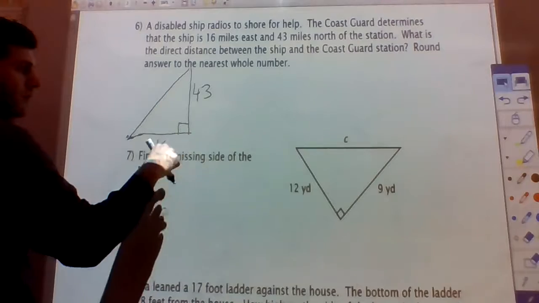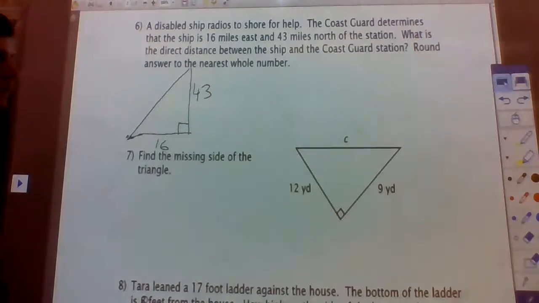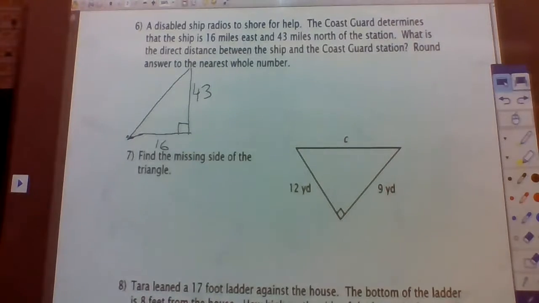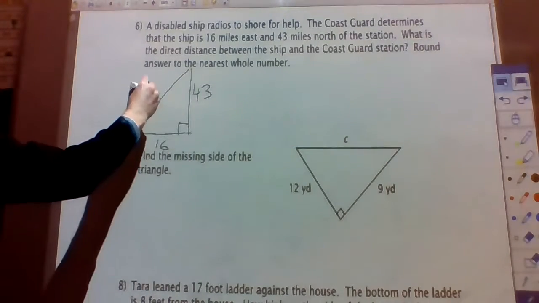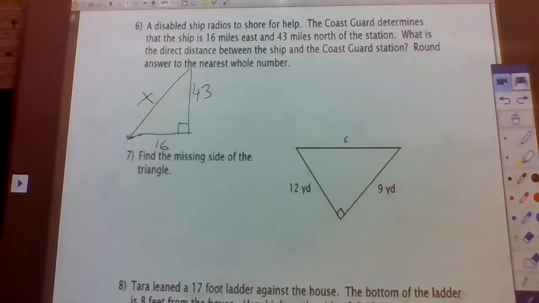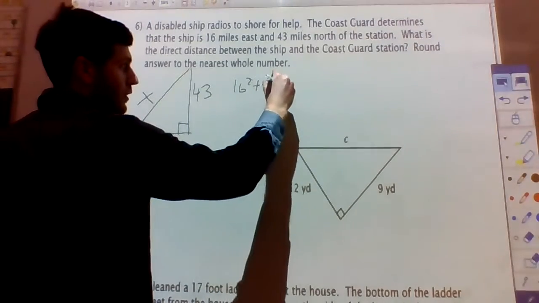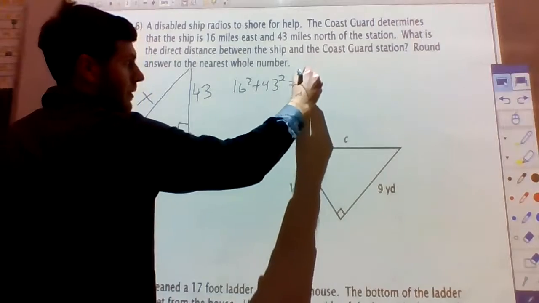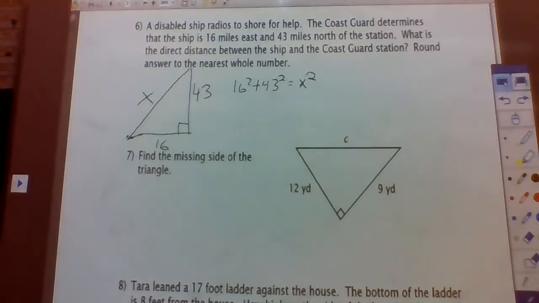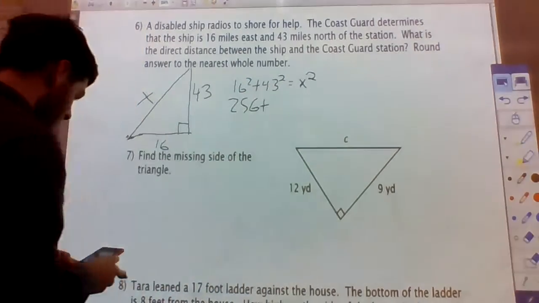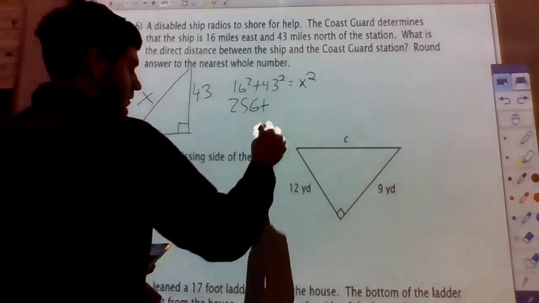Okay, so again, east and north are perpendicular to each other, so we have a right angle. What is the direct distance between? So we want to know what the distance is. The direct distance between the shortest sides, so that's going to be x. So our legs squared and added together, so 16 squared plus 43 squared is going to equal x squared, the hypotenuse squared. 16 squared is 256, I knew that one. I don't know 43 squared. 1849